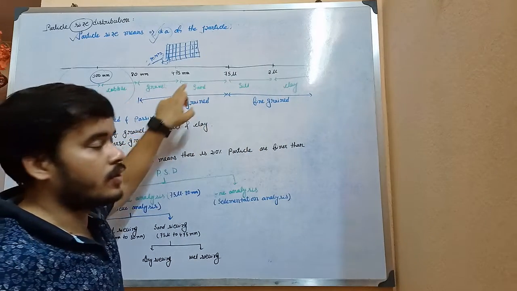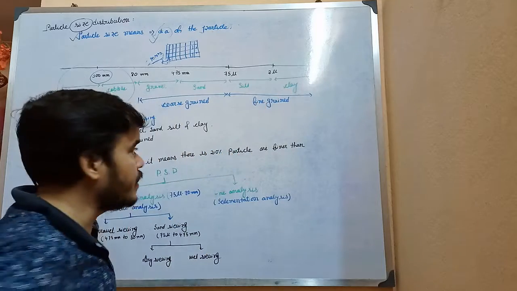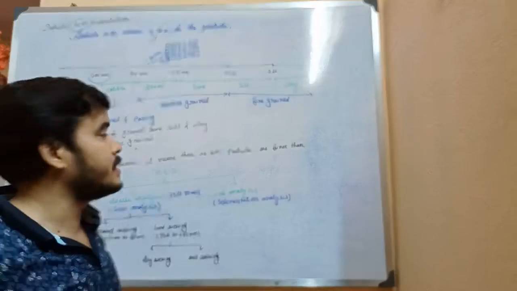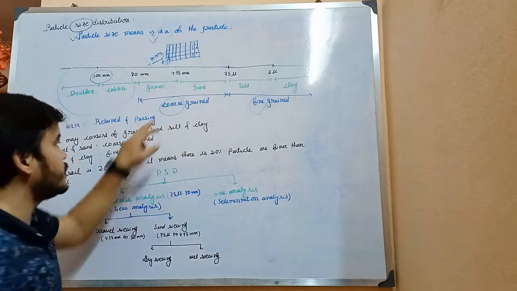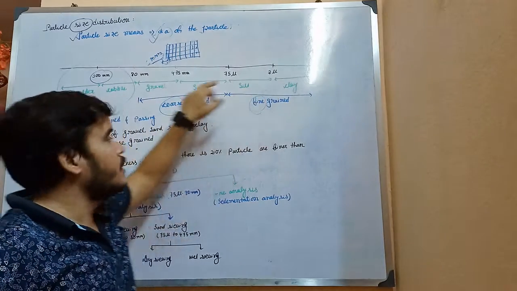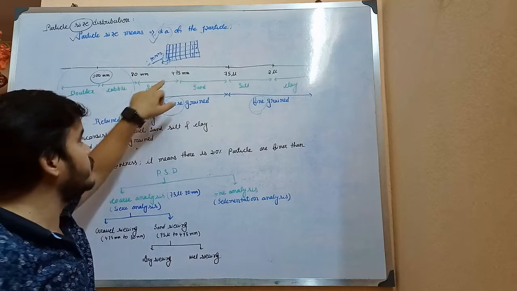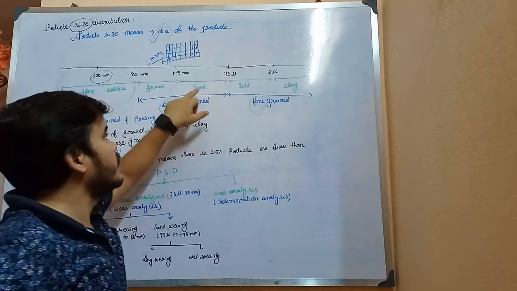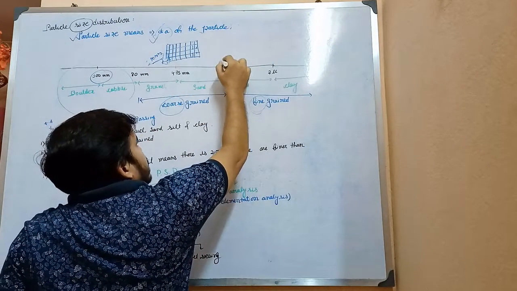Gravel and sand are called coarse grained soil; silt and clay are called fine grained soil. Fine grained means finer, smaller size, and coarse grained means bigger size. That means gravel and sand have a bigger size than silt and clay. You can also see it here, 80 millimeter to 4.75 millimeter is called gravel, 4.75 to 75 micron is called sand, and 75 micron means